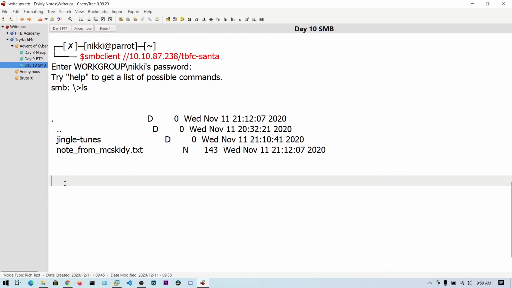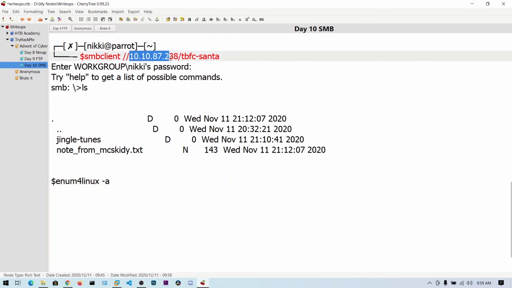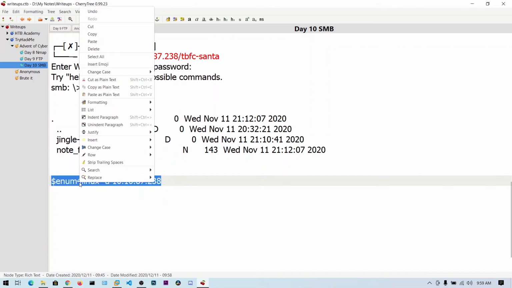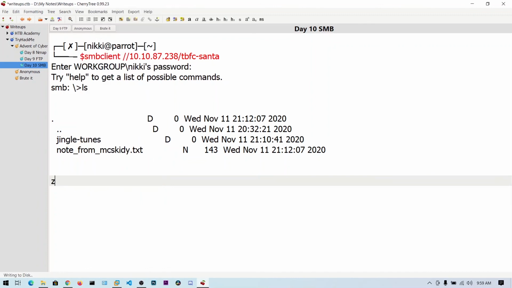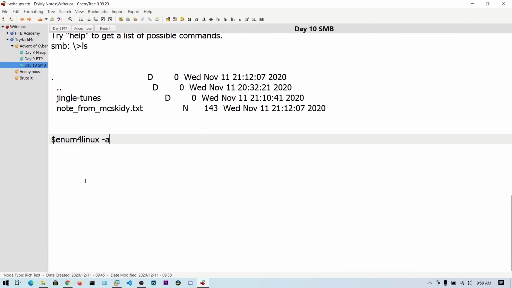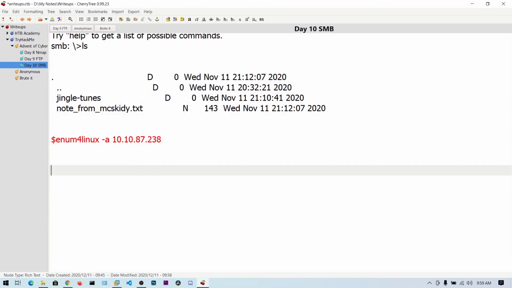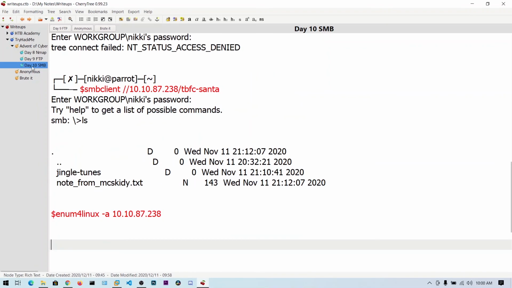Now one last command I want to type in here is enum4linux -a and the IP address. So okay, let's stop the note taking here, and we will do another room called Anonymous.